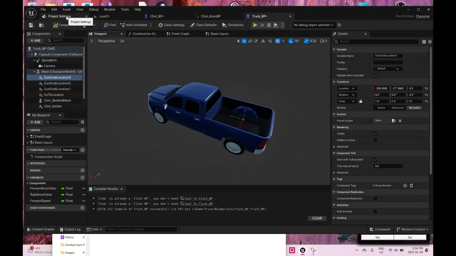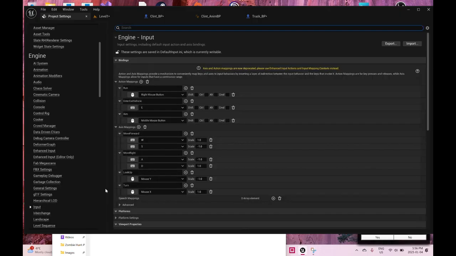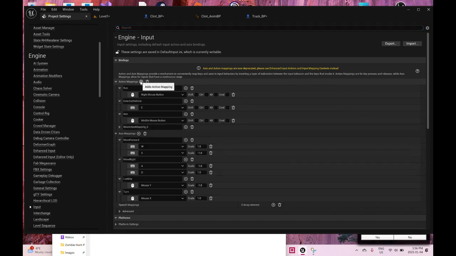Okay, I'm just going to go into project settings, into input, and I'm going to create an action mapping, and I'll name this one pick up gun. I could have just used the same E button for enter exit vehicle, but if the player is standing